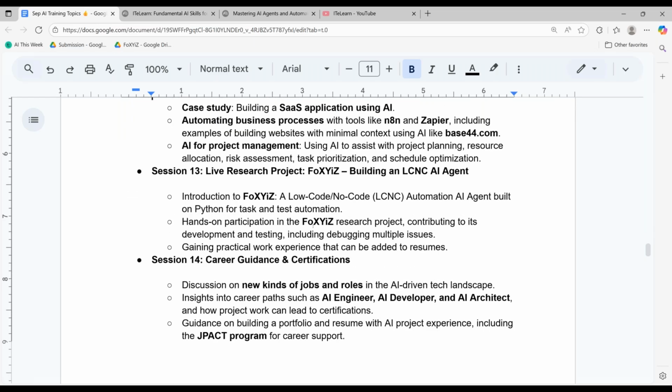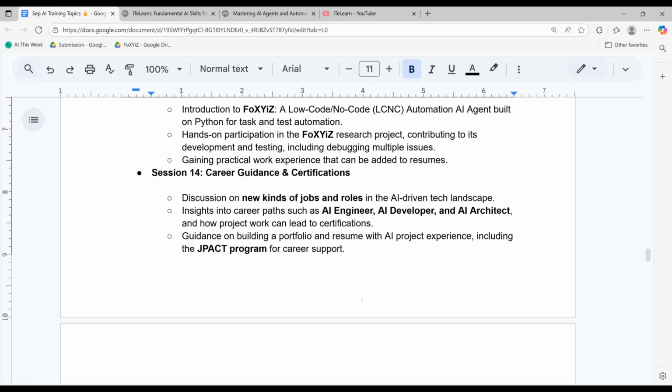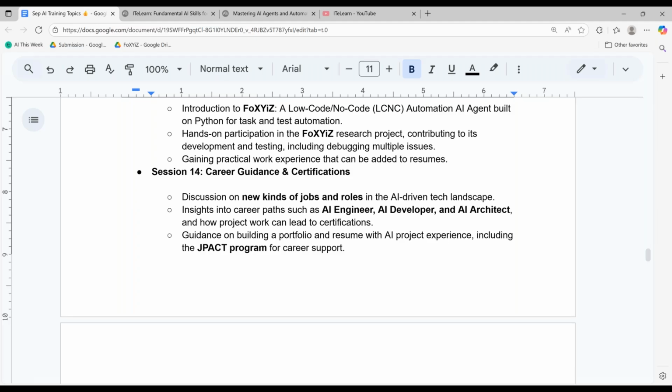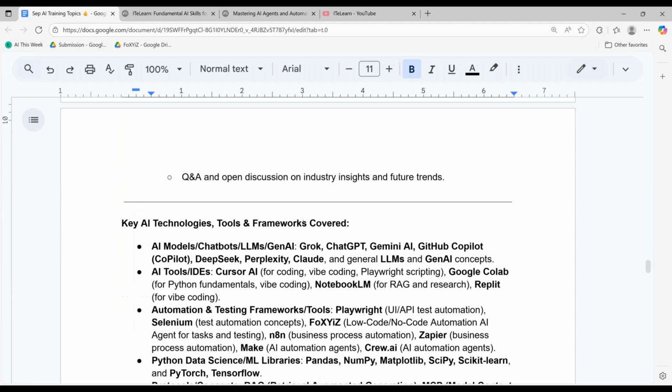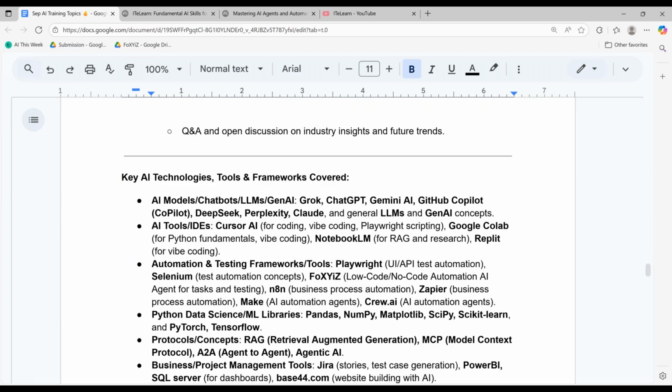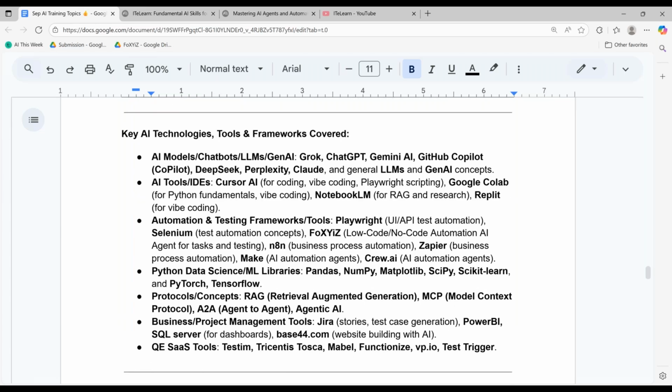Foxes is one of them. There's an EMS project. There's an IoT project. We're doing something on quality engineering. We're also building something as a co-agent along with Cursor. So how Foxes works in tune with Cursor, career guidance and so on. So that will be our primary focus team and some of the key technologies out here. I'll take a pause and look for any questions from the audience.